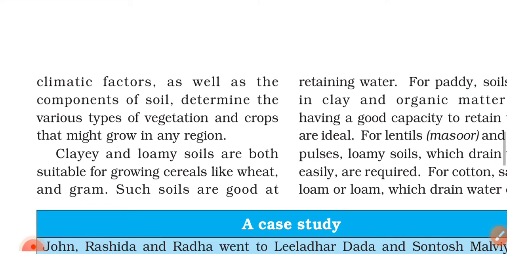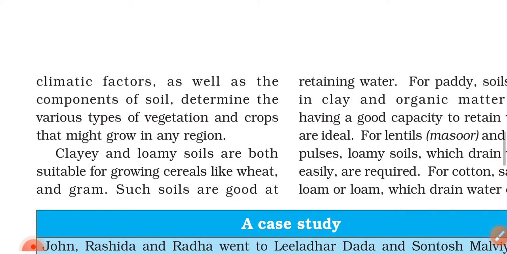The climatic factors as well as the components of soil determine the various types of vegetation and crops that might grow in any region. Clay and loamy soil are both suitable for growing cereals like wheat and gram. Such soils are good at